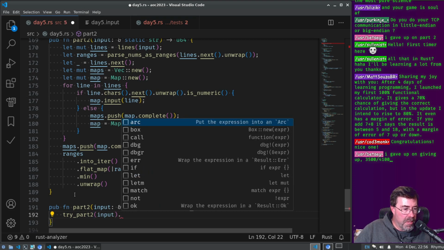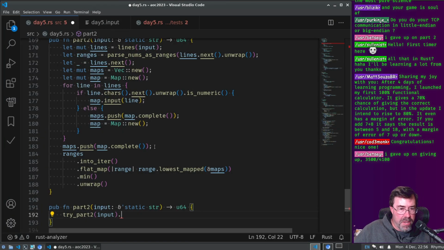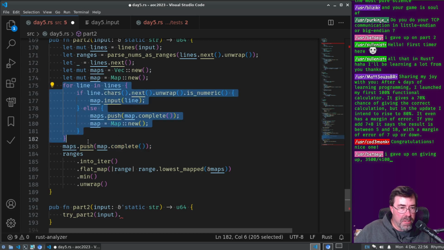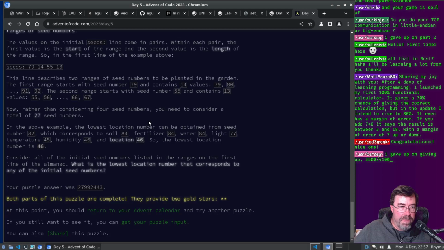You gave up on giving up? Yeah, so Betseg, did you see when you left to try to fix your part 2? I finally found it, and the problem is I was missing this one line of code here. So I had been constructing the maps by pushing it whenever I hit the divider between maps, but then I forgot to add the last one, so I had the wrong number, and it took me a really long time figuring that out.